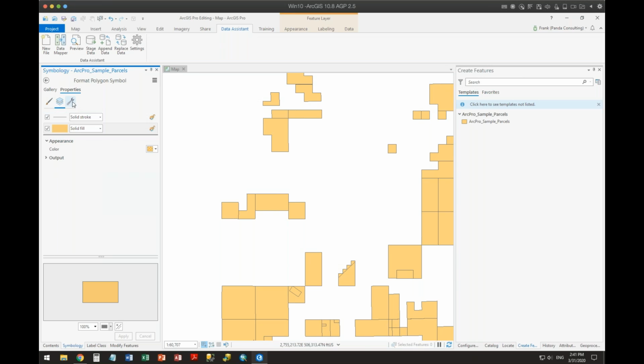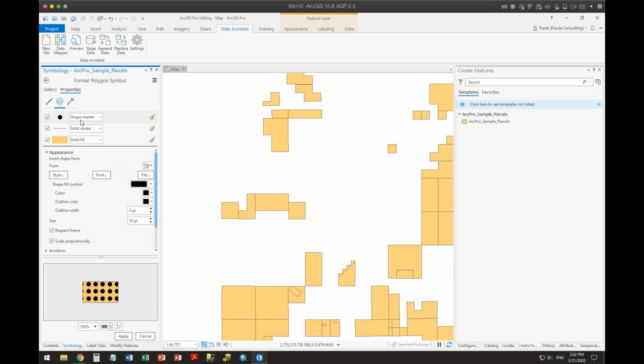But here's the thing that I want to do. If I go all the way down, not to the symbols, not to the layers of that symbol, but to the actual structure of that, I can tell it, besides the outline and besides the fill, I want to add a new symbol layer. I want to create a marker layer. That means that as it's drawing, it's also going to draw markers at certain locations for me.